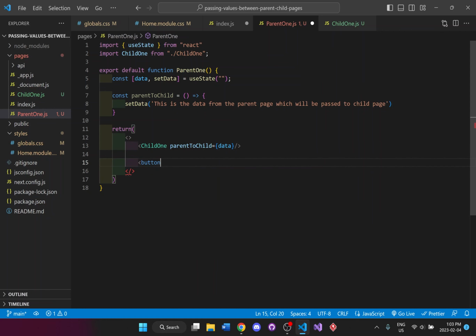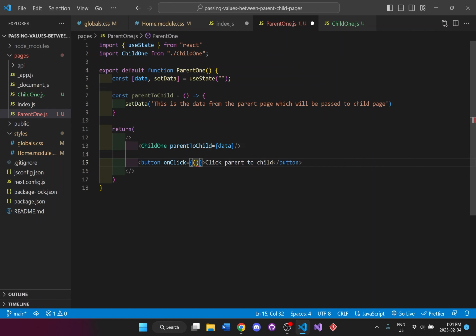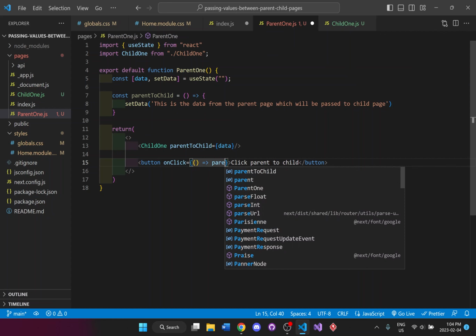And the button, we'll just say click. Okay, and then on click, that's when it'll actually trigger the parent to child